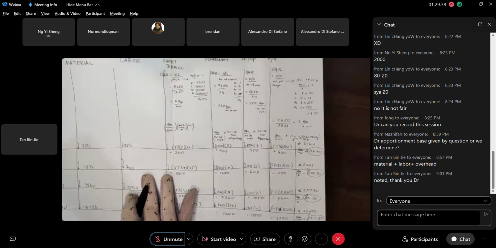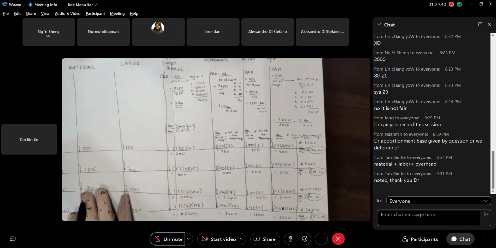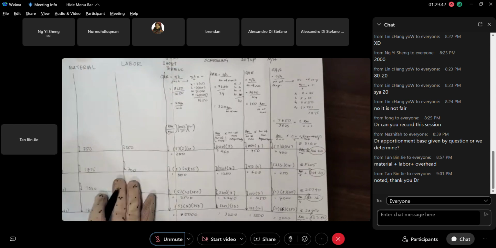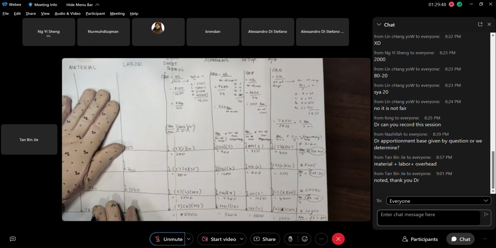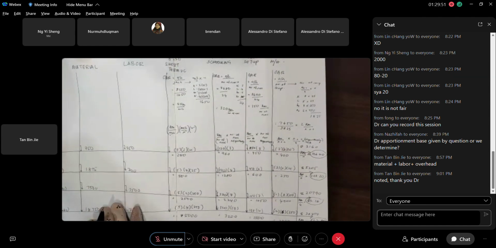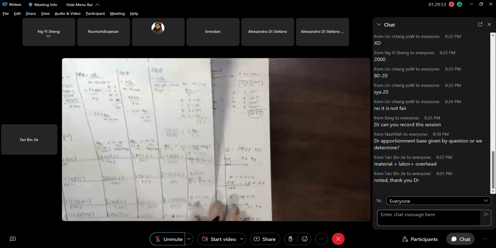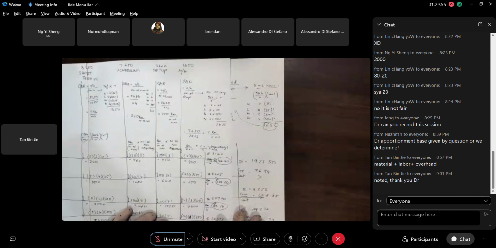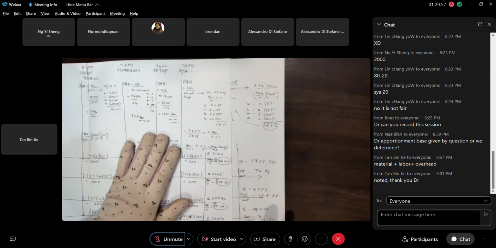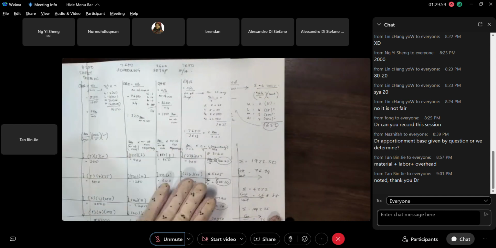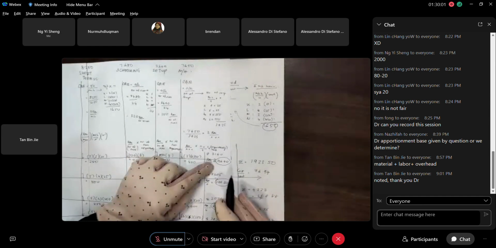Okay, what is the next steps? It is not stop here. Does not stop here. You know, you have to know. You get the number for the traditional costing, and also you have the activity-based costing. You have both. Okay, now I put macam ni sebelah ni. This is activity-based costing. This is the traditional. So you can see the number is quite large. Dia tak sama. It is not the same.